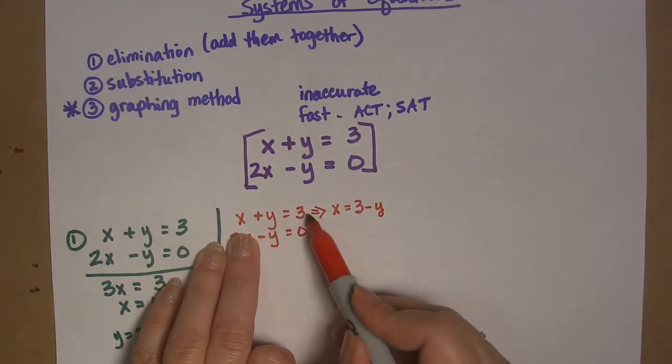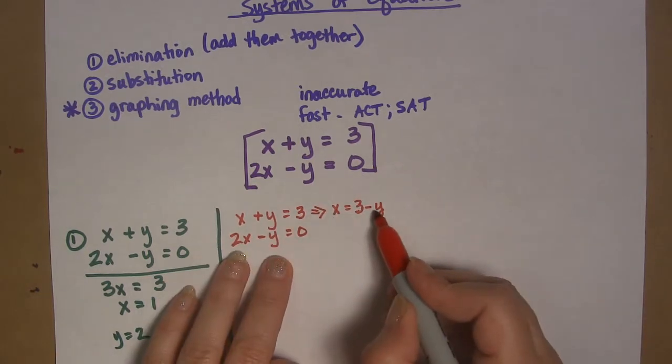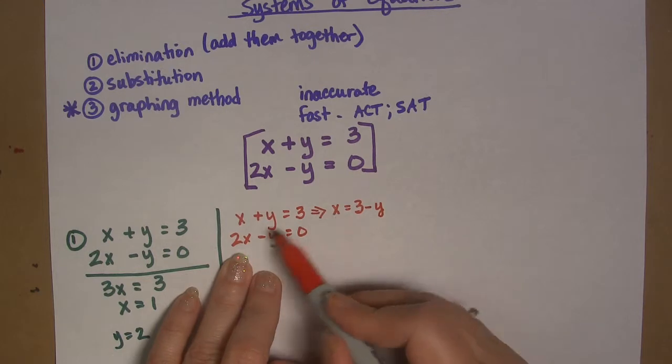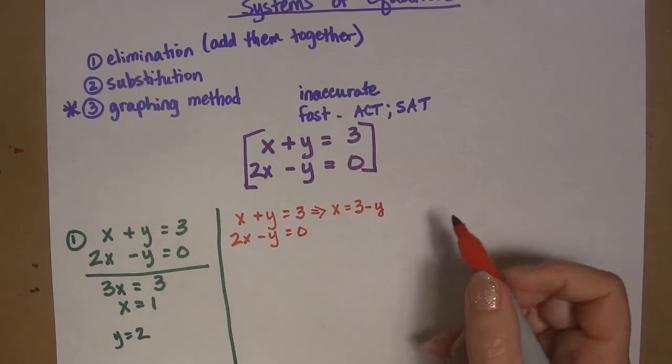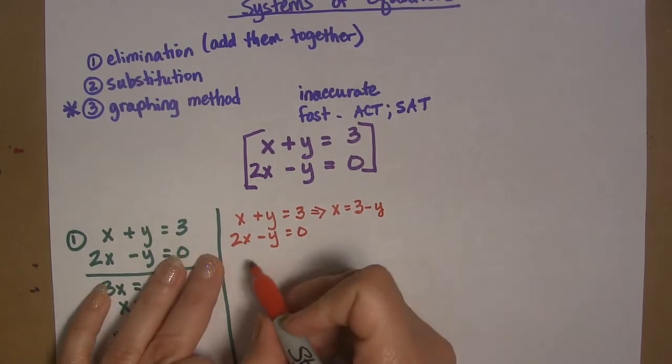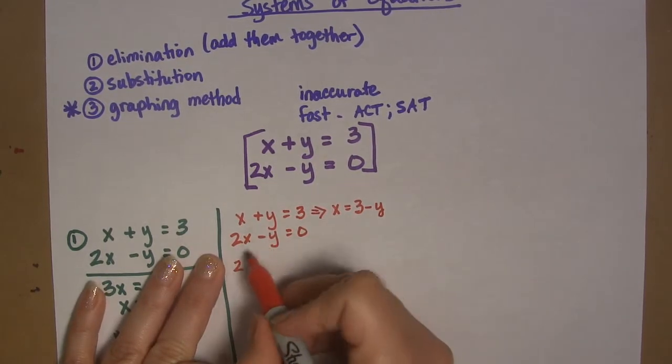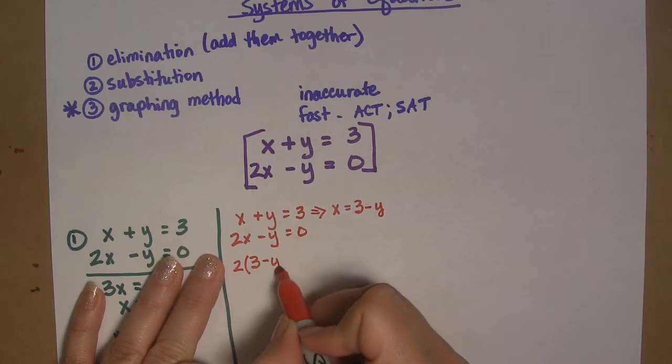I'm going to subtract Y from this side and subtract Y from the other side, just moving that over there. Then, instead of using X in this second formula, I can use 3 minus Y. So it would be 2 times 3 minus Y